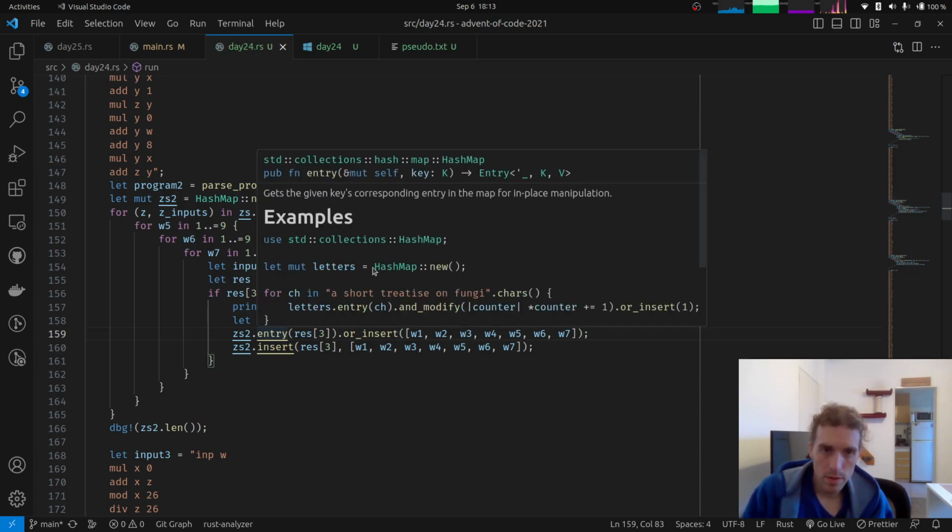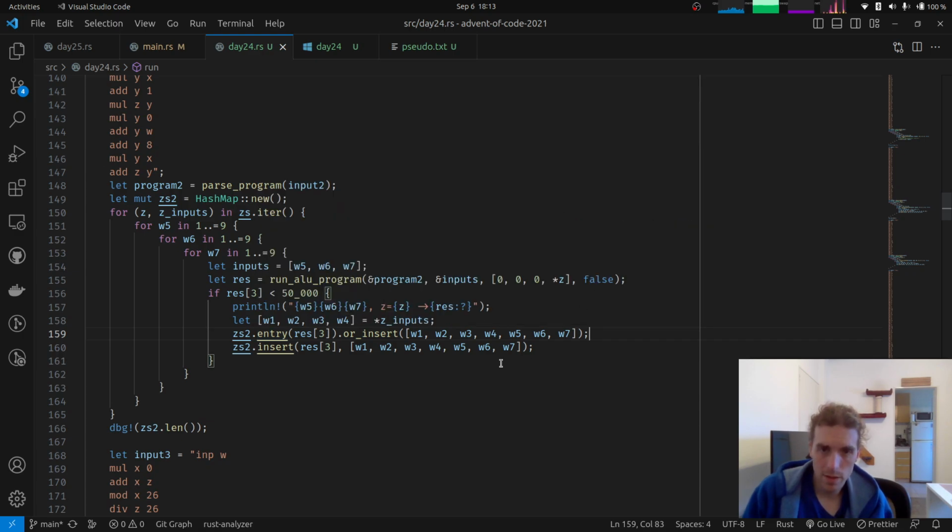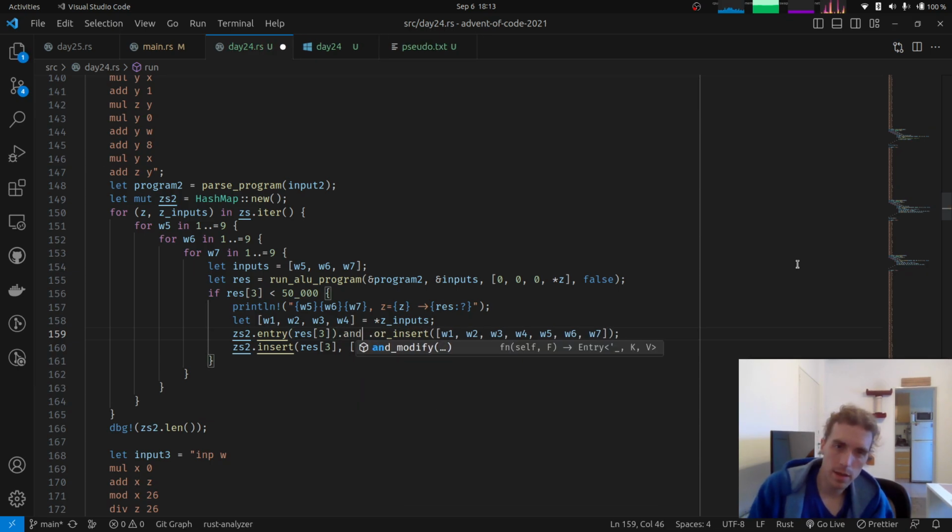Wait, entry, yeah, and modify, that's what I want, or insert that. So if there was one before, I want to keep the largest, right? So let's say and modify